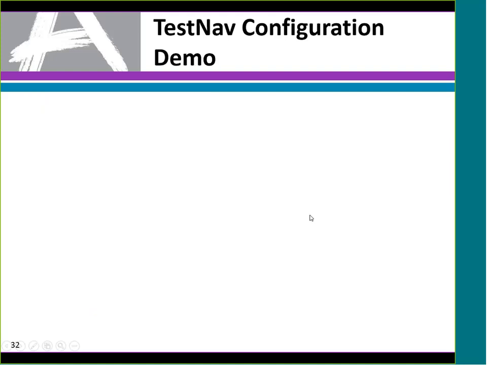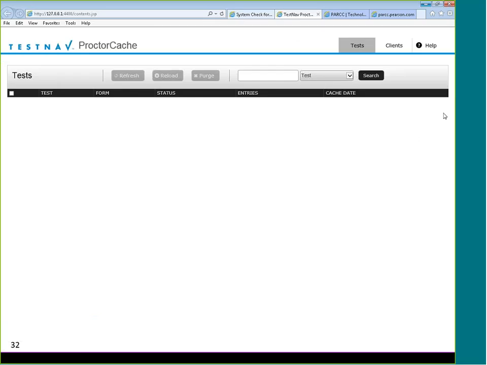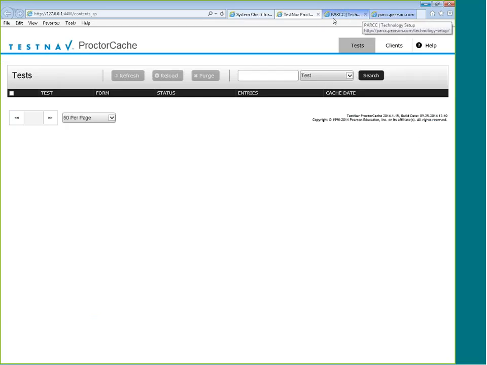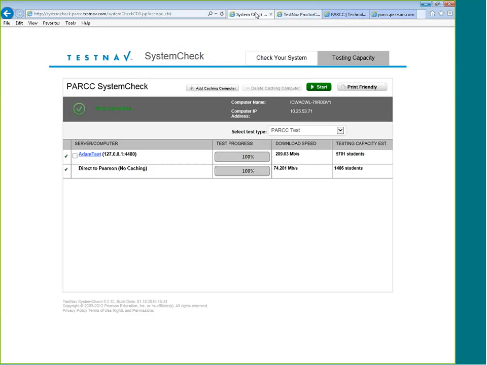All right, so let's do a demo of setting up a TestNAP configuration. I just decided to click on the system check since our check is done.